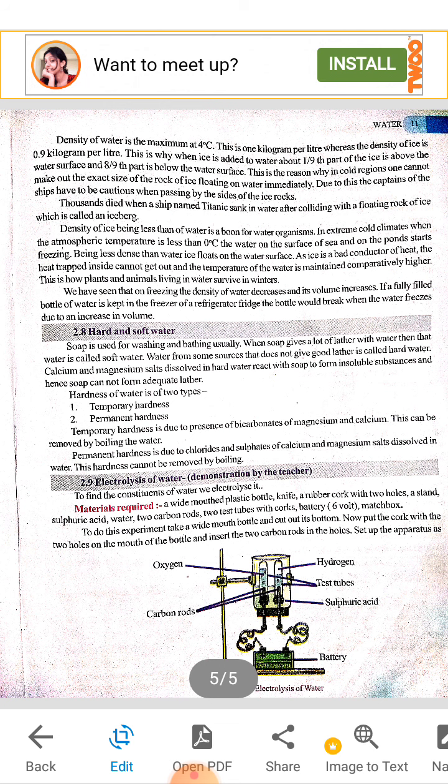Why is the density of ice less than the density of water? It is a boon for water organisms. Have you ever imagined, if the density of ice were not less than that of water, then ice